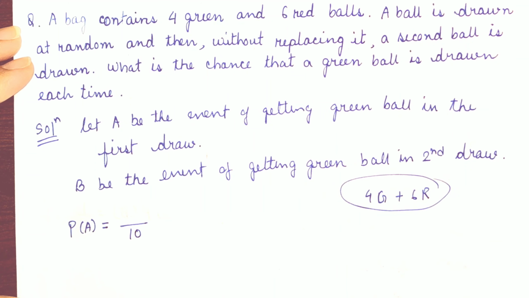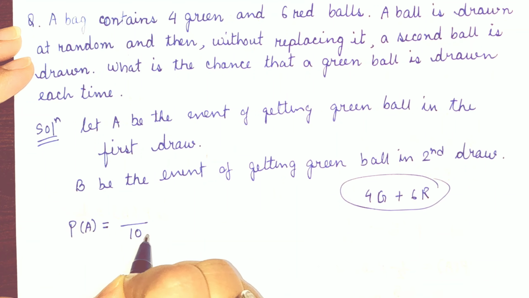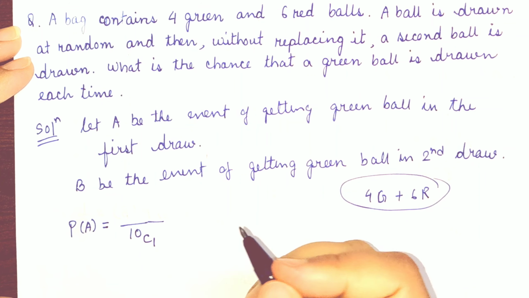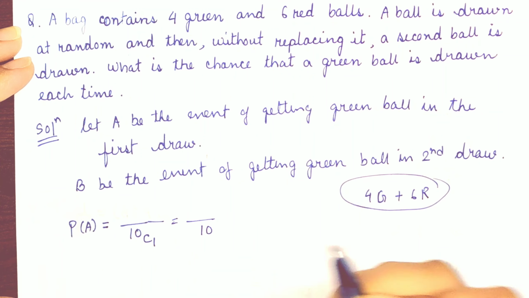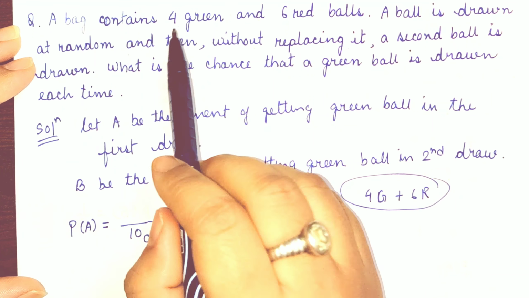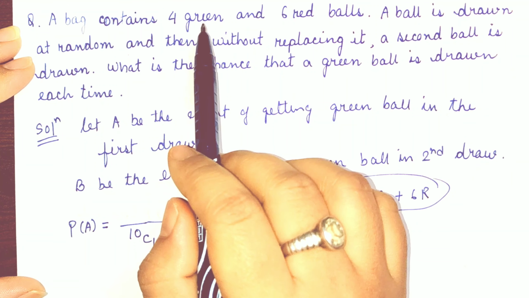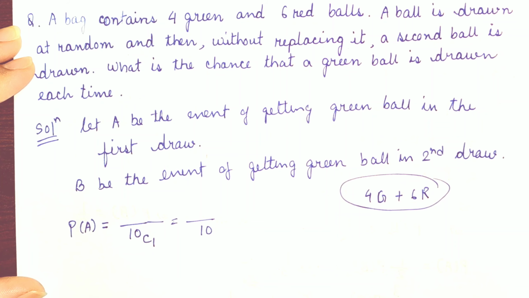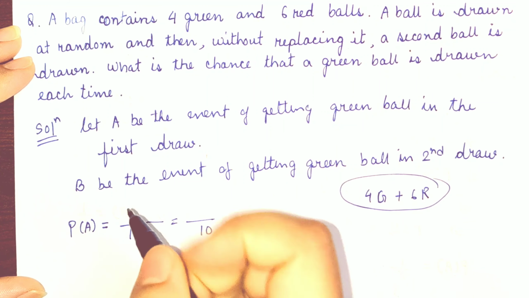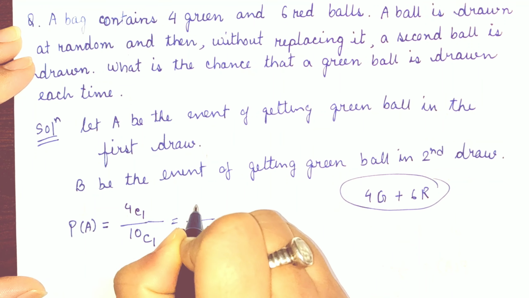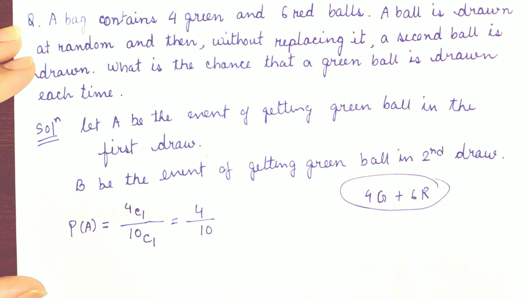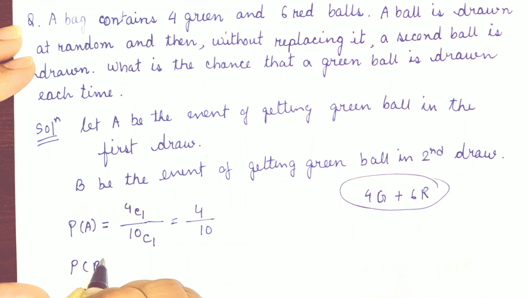From 10 balls, we are to draw 1 ball, or you can write 10C1. The 10C1 value is equal to 10. And here 4 green balls are there. Out of 4 green balls, we are to draw 1 green ball. So 4C1 equals 4. 4 divided by 10 is the value. Then for the event B,